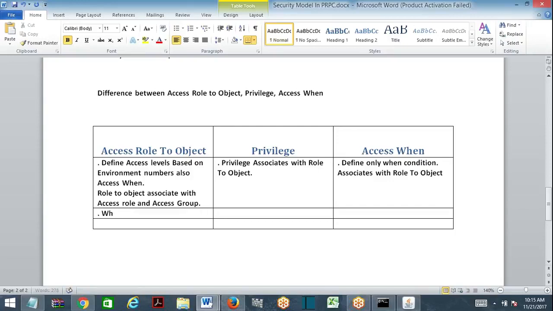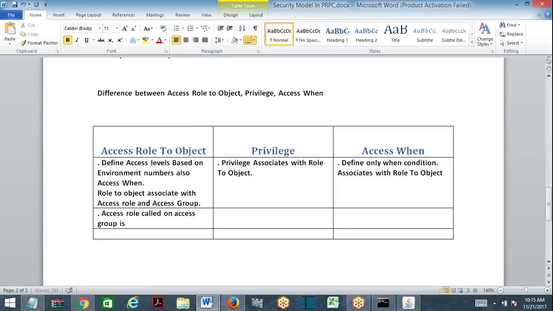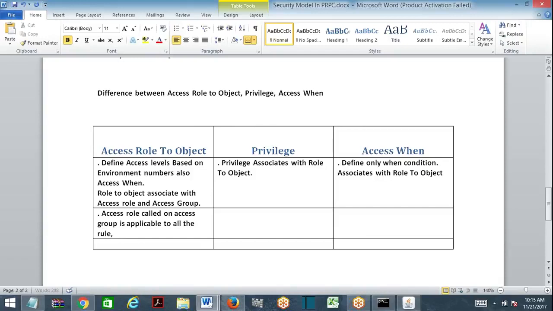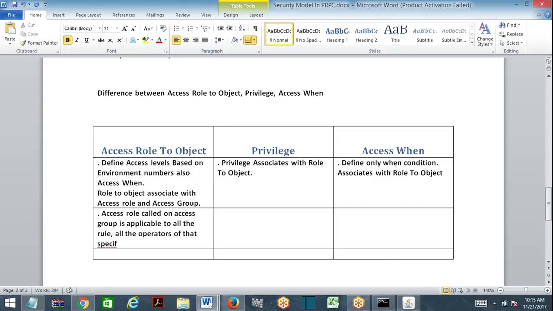Okay, the access role called on the access group is applicable to what? Applicable to all the rules, all the operators of that specific access group. Correct? That specific access group. Coming to privilege, privilege can be called on